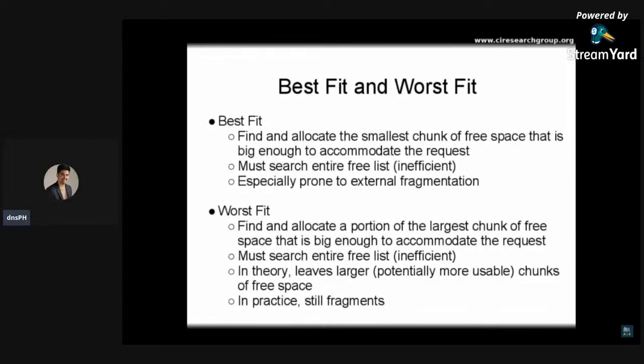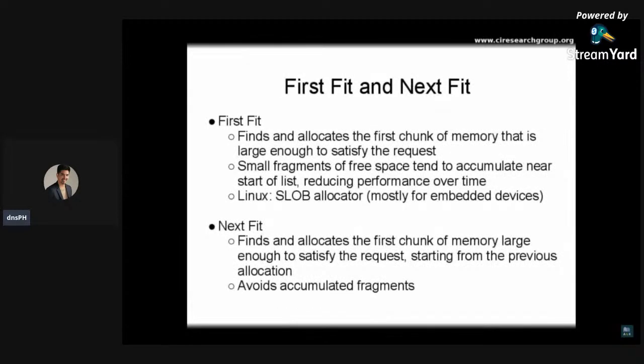Aside from the fragmentation, both of these algorithms are impractical in actual kernel implementations because they must perform a search of the entire free list to find the smallest or largest chunk of memory. The need to search the free list is eliminated using the first fit or next fit algorithm. In the first fit algorithm, the kernel simply finds and allocates the first chunk of memory that is large enough